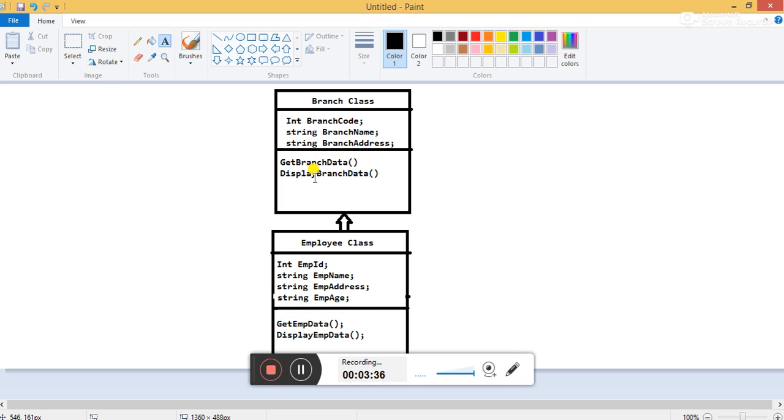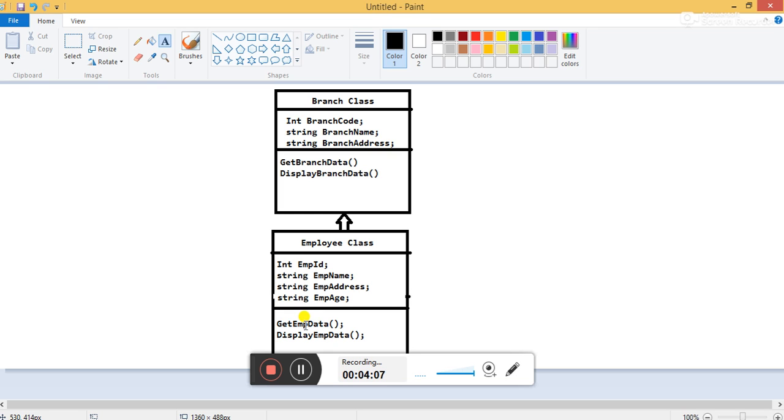But later the same company wants to computerize their employee details also, along with the branch details. So I have also drawn the class diagram for the employee details. I have declared one class, the employee class. Under the employee class there are data members: employee ID, employee name, employee address, and employee age.